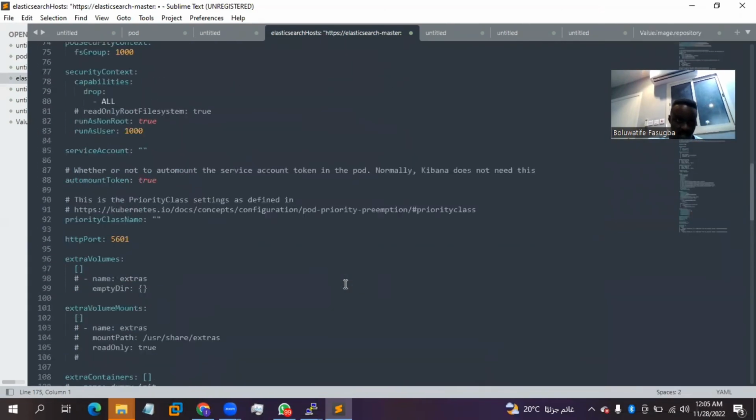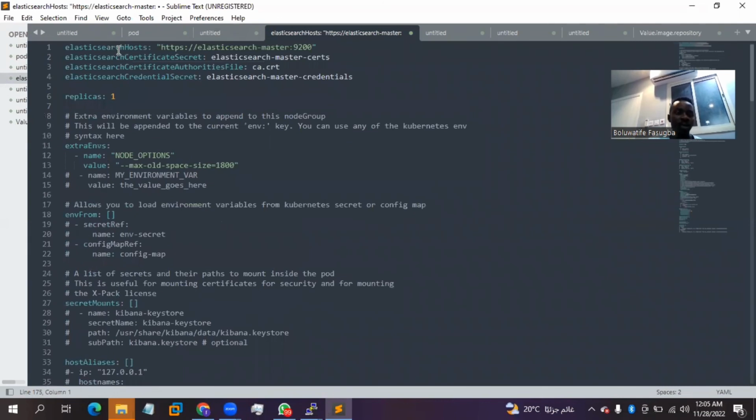So now look at the values.yaml file. This is just a configuration for the whole thing. Look at the first one, it's asking for the Elasticsearch host. There's something we call Kubernetes DNS. I can refer to this Elasticsearch using Kubernetes DNS, and it follows a particular format. If I'm sure, it has to be the name, the service, and the cluster. Yeah, the name,